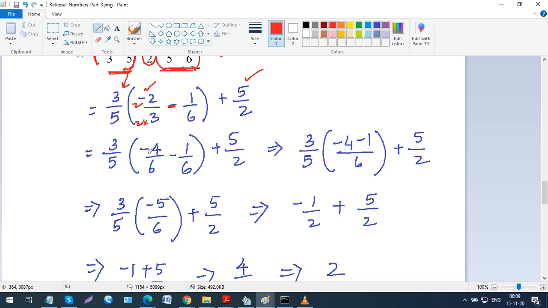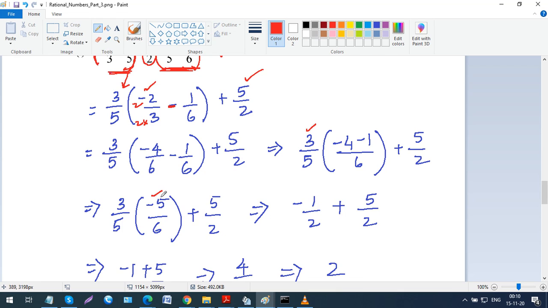So I get minus 4 by 6 and then minus 1 by 6. I leave it as it is, and then plus 5 by 2. So this is going to be 3 by 5 outside as it is. Inside the bracket it becomes minus 4 minus 1 by 6 plus 5 by 2. So now inside the bracket you get minus 5 by 6 plus 5 by 2, which is equal to, see